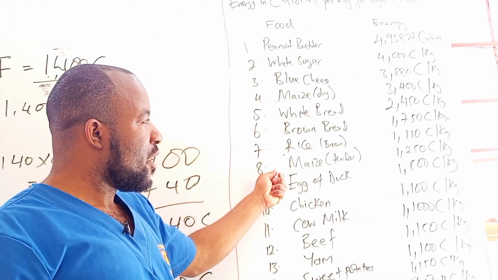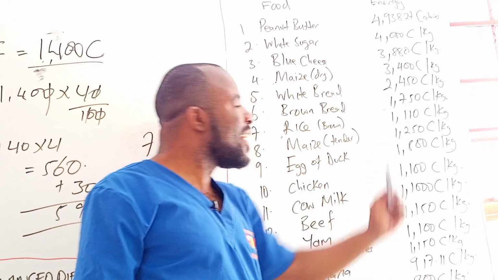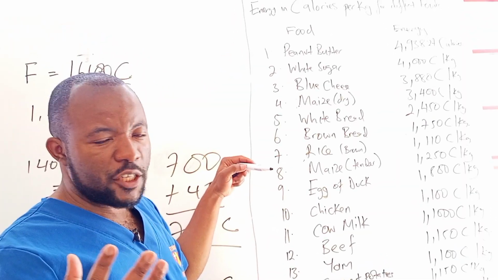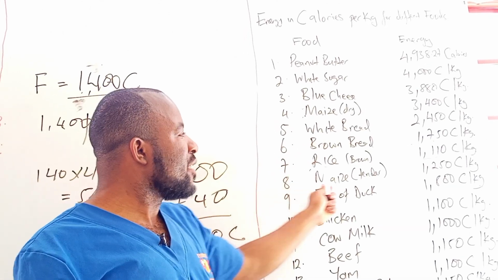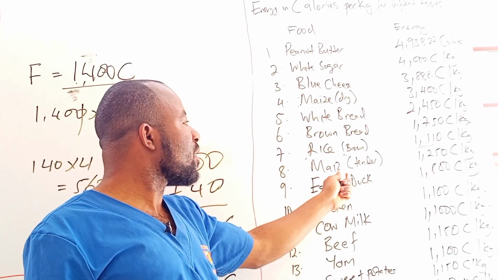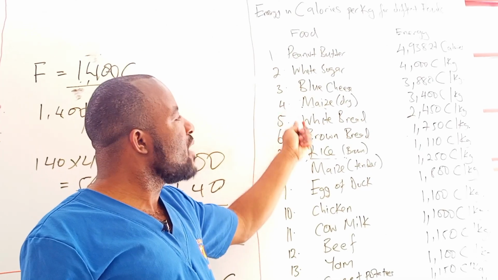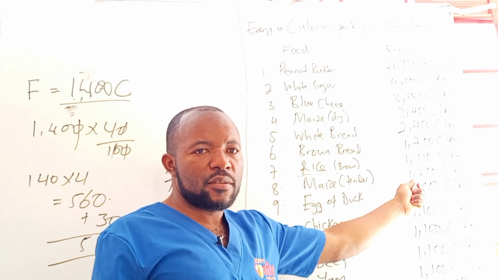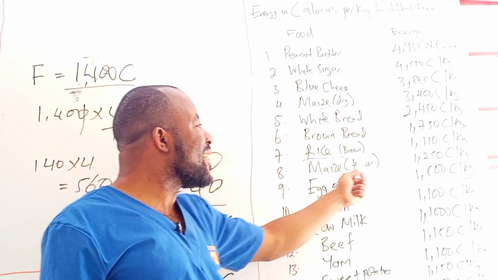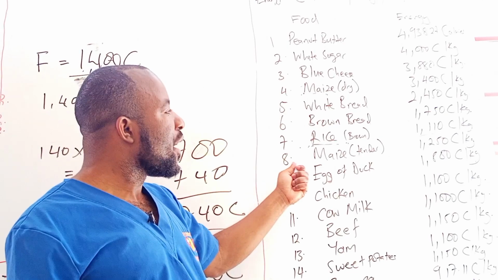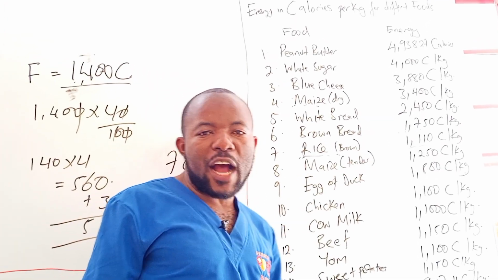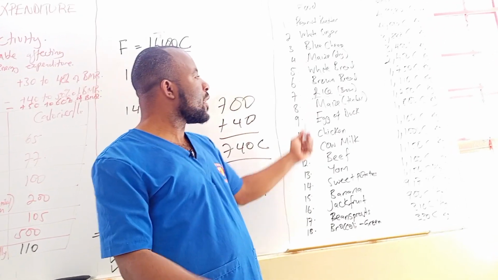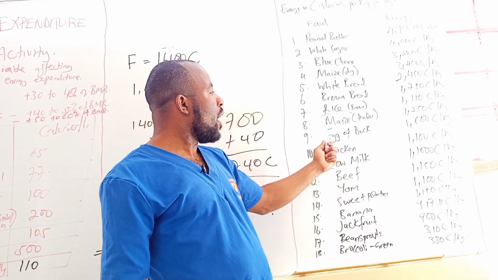Rice contributes fewer calories compared to maize. So if you really want to lose weight, better eat rice than maize, because maize, ugali, is giving you 2 times more than rice. So if you want to lose weight, eat rice often. In a week, eat rice 5 times as part of the carbohydrate portion of your meal. We say the balanced diet has 4, so the carbohydrate portion should have rice.